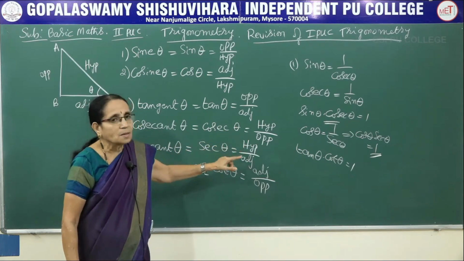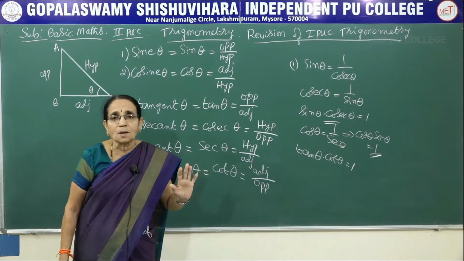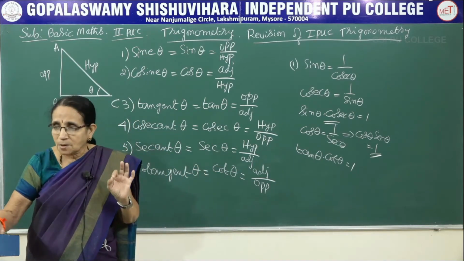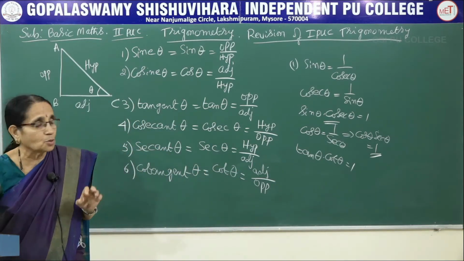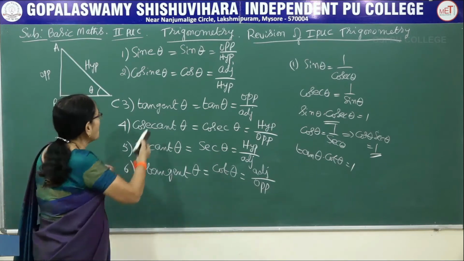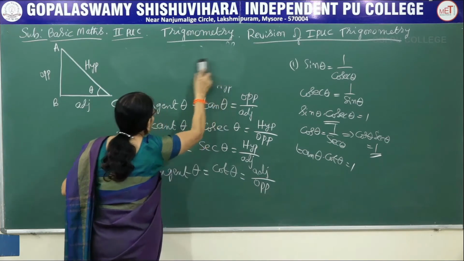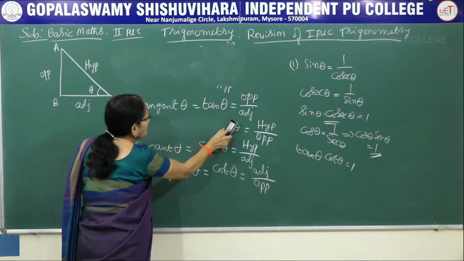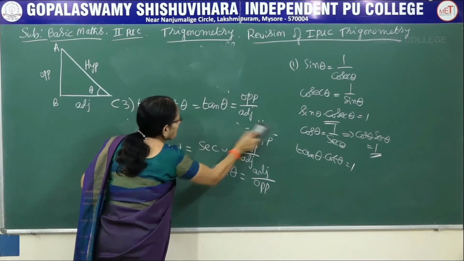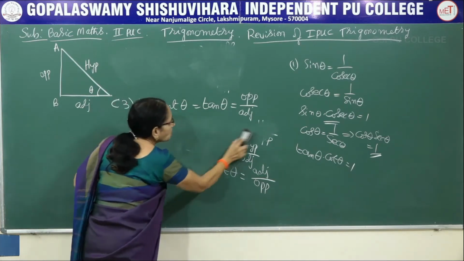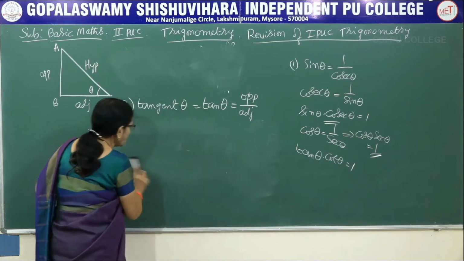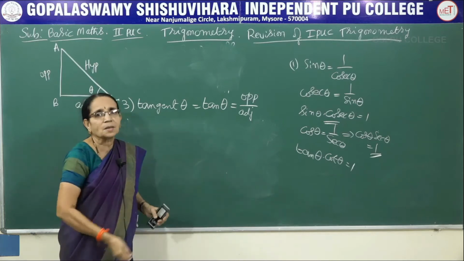Third one is tan theta and cot theta. So, these are called the three pairs of reciprocal ratios. And apart from this one, we get one more piece of information. Let me see what that is. Look at this one, tan theta. Now, how have we defined tan theta here? We have defined it as opposite over the adjacent side.